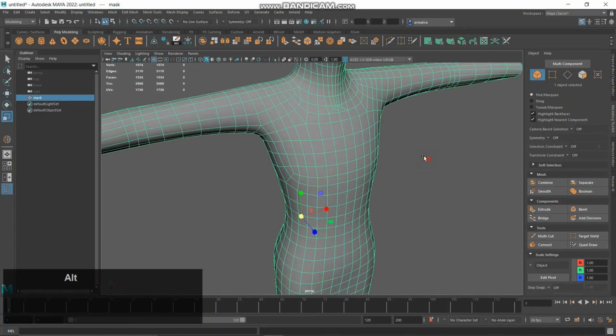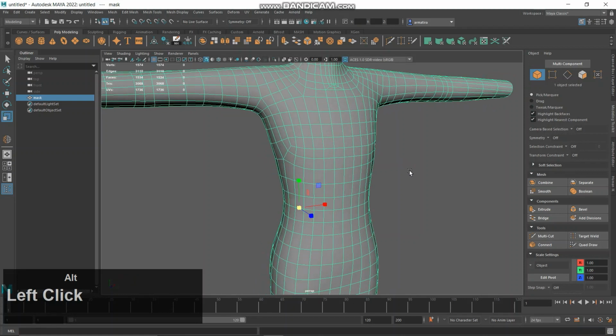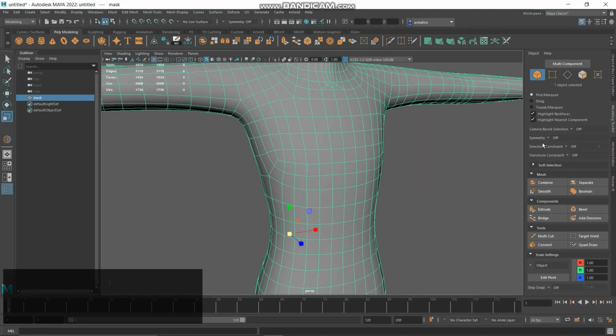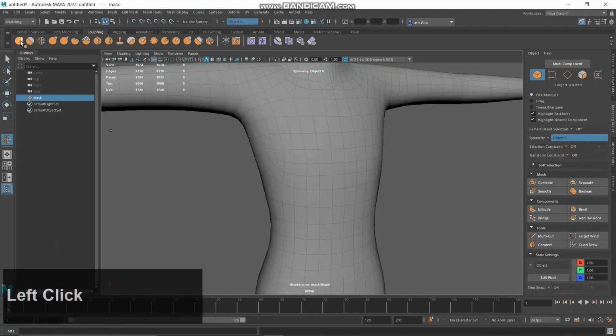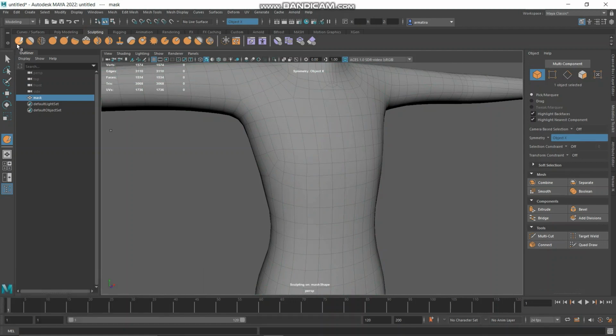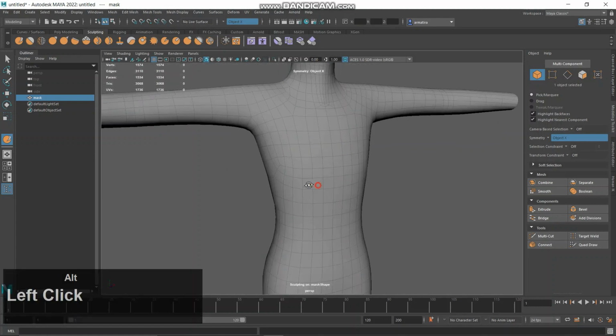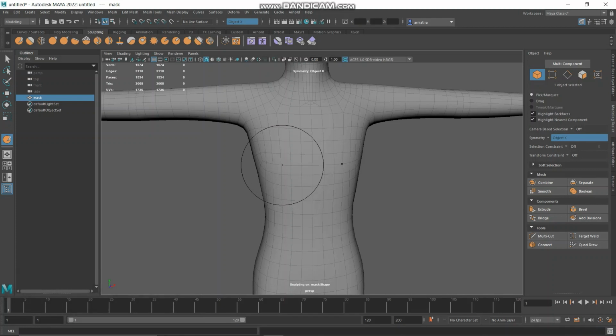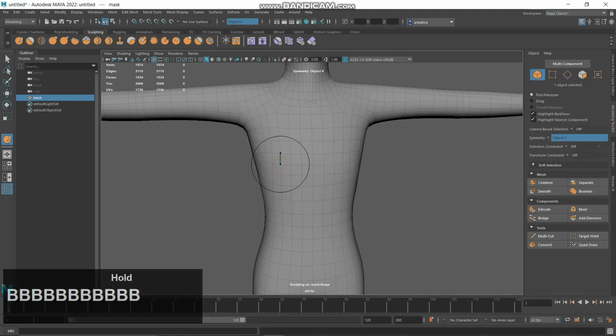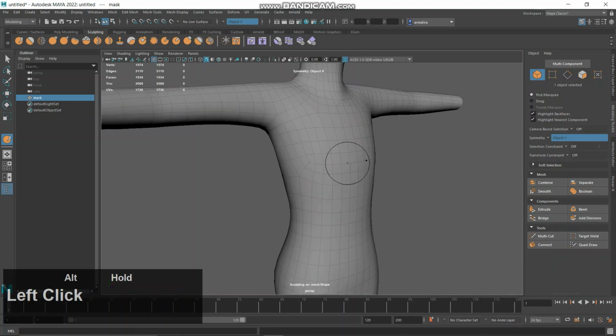So what you can do to have an even bosom, you need to click symmetry and then go to sculpting and then left click the lifting tool, and then adjust the size of the black circle by pressing B and then dragging left or right to decrease and increase respectively. Okay, and then